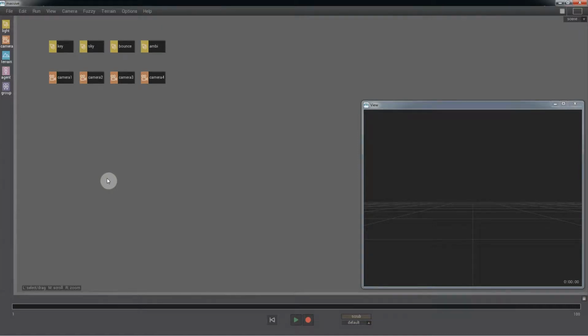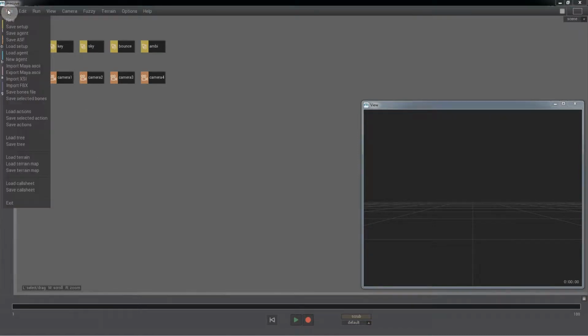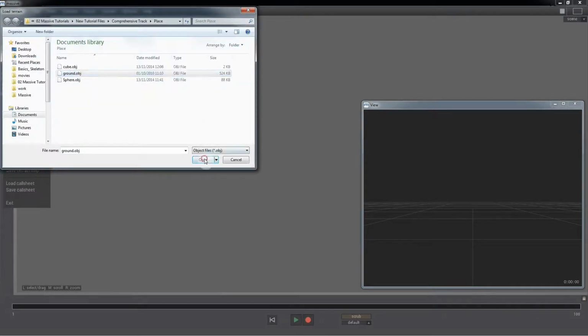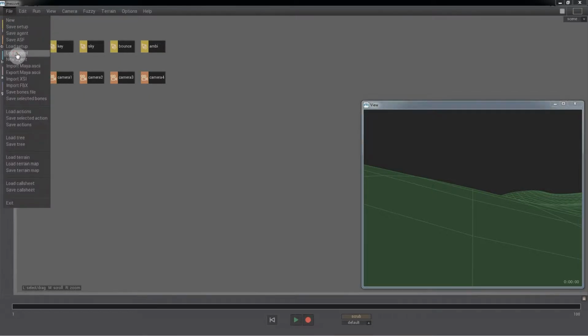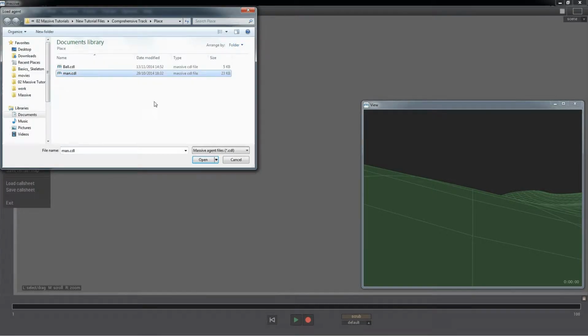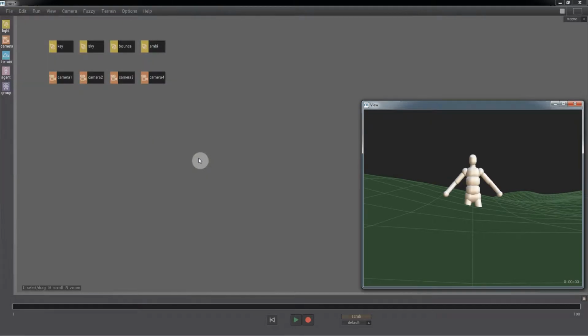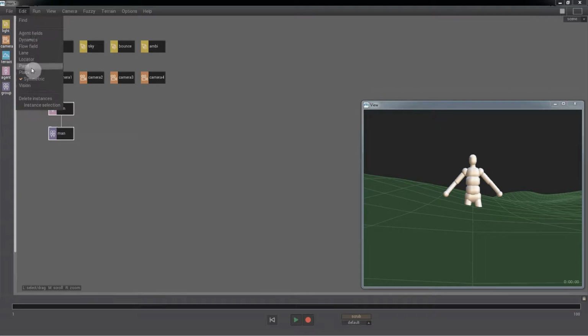Let's begin by loading up the terrain. Go to File, Load Terrain, and select ground.obj. Next, let's bring in our agent, load agent, and man.cdl. We're going to be taking a look at the Place tool, so go up to Edit, Place, to bring up